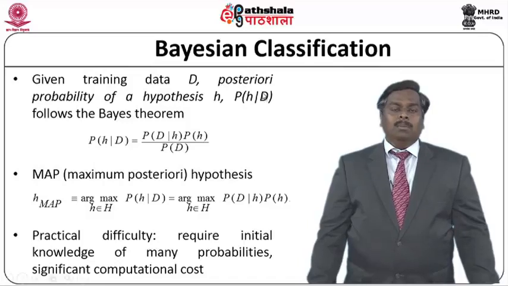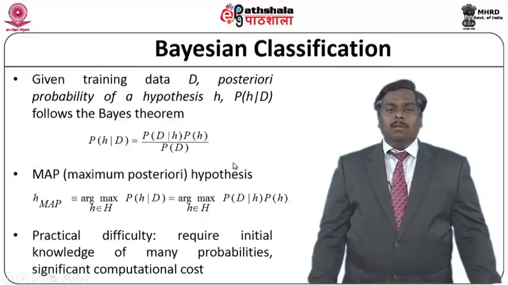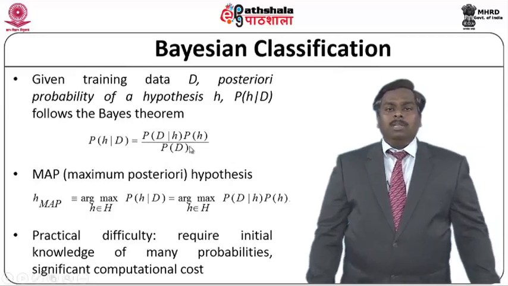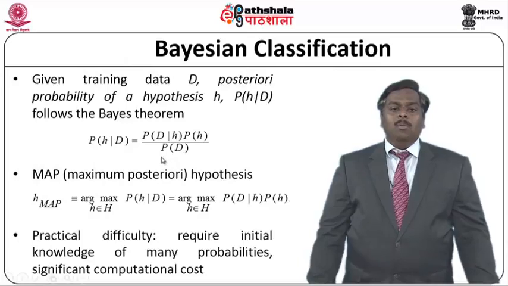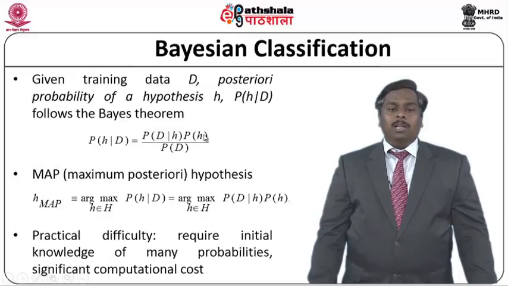When we apply Bayesian theorem to this classification problem, we try to identify the probability of the hypothesis given the data, which is defined using the equation: the probability of the data given the hypothesis multiplied by the probability of the hypothesis divided by the probability of the data. Whenever we are working with a standard set of data, there may not be any variation in the data. Therefore, we can treat the probability of the data to be constant. Now we need to worry only about the numerator, the parameters which are part of the numerator of this equation.